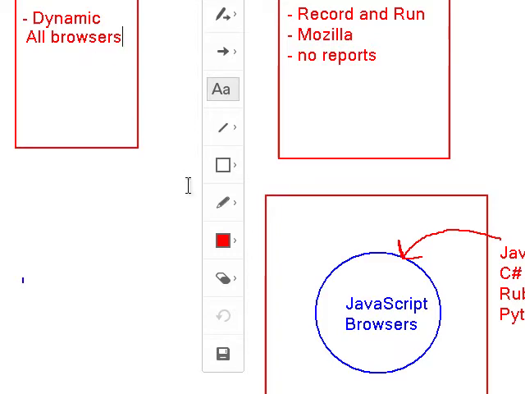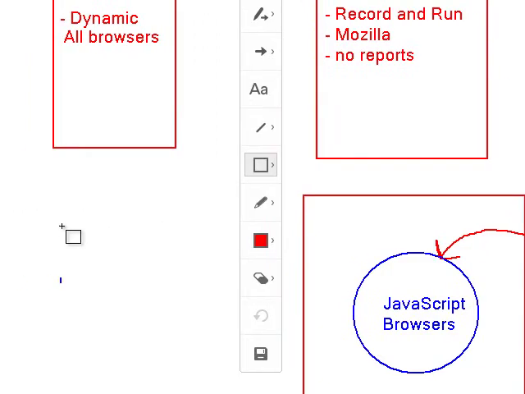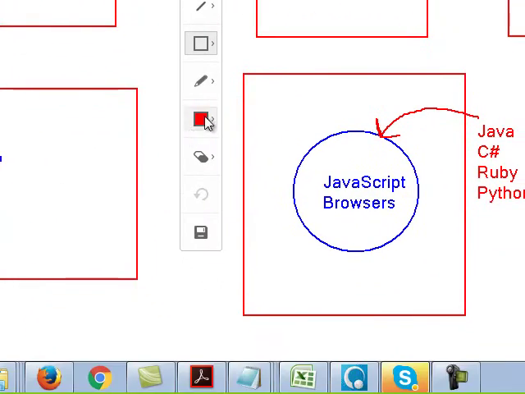So there were various problems, and that's why around August 2011 WebDriver came to the market. It's also known as Selenium 2.0. Now, WebDriver is completely different from RC. Don't think that you have to learn RC and then WebDriver. The concepts are very different, and WebDriver has many more features than RC.